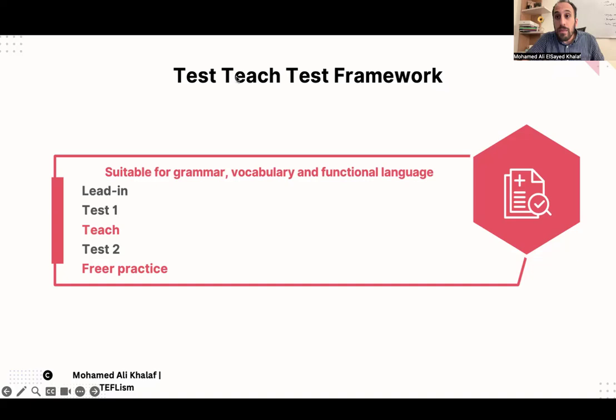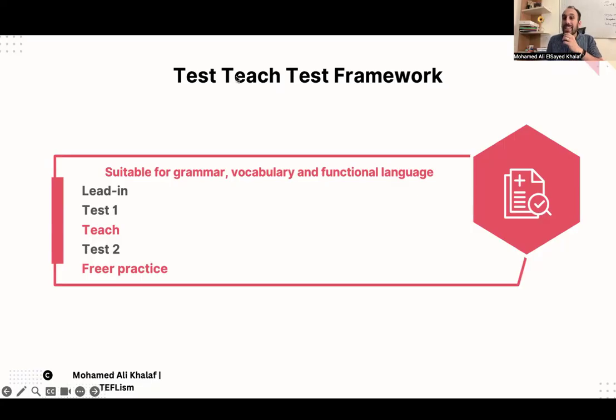If they actually succeeded to get everything correct, which is highly unlikely, Amira, in the test 1 stage, in the diagnostic test stage, your job is going to be only to highlight the problematic words when it comes to phonology.